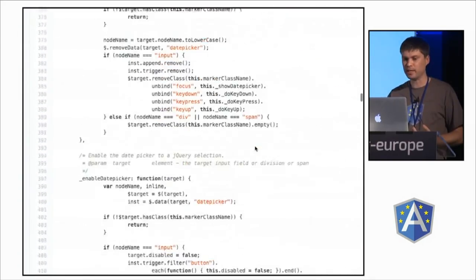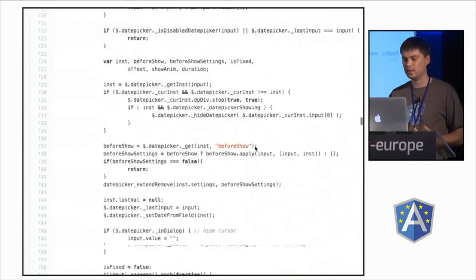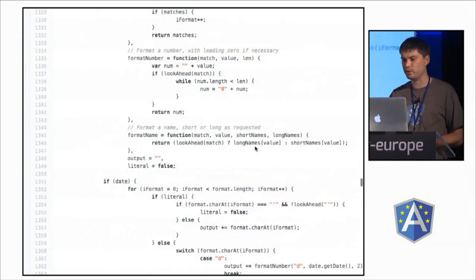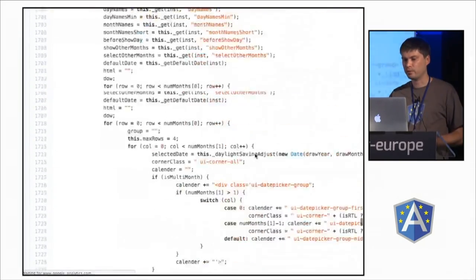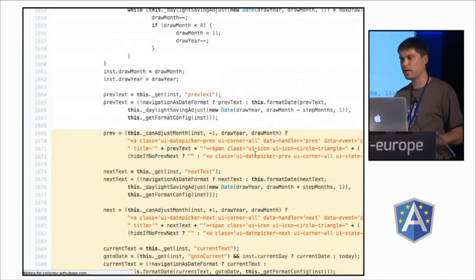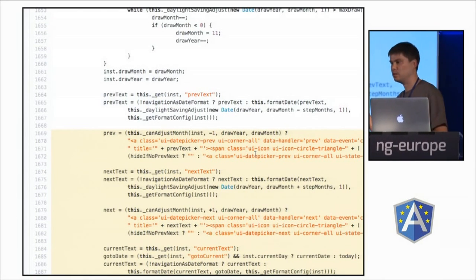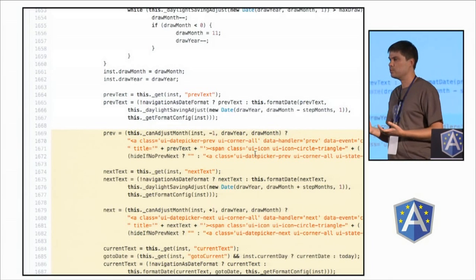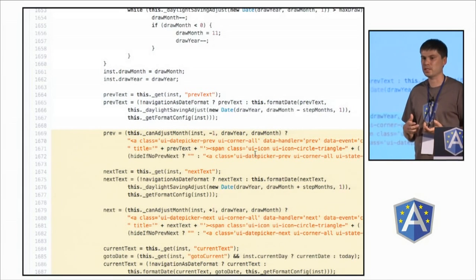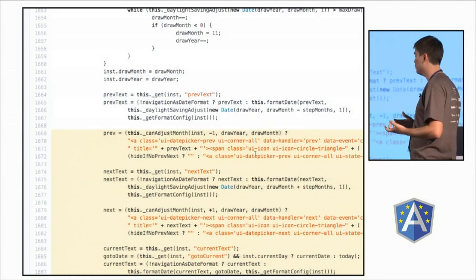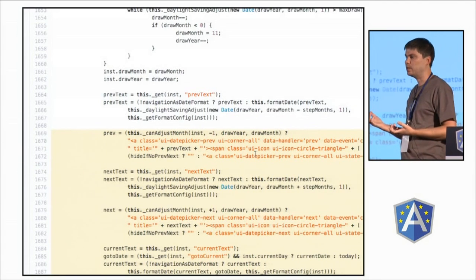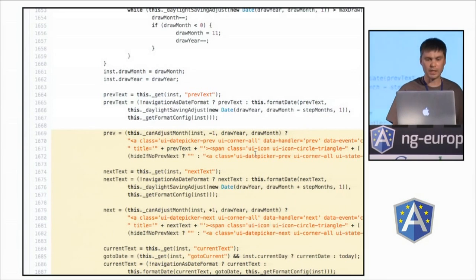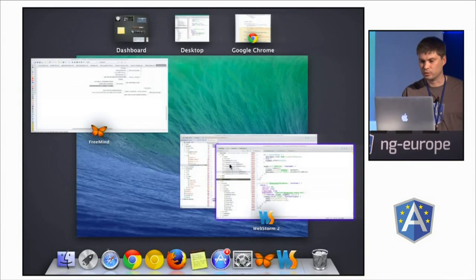If you look at the typical example of a jQuery plugin, this is actually the date picker from jQuery UI, and it's a very good plugin. People were using it for years. But when you scroll over it, you will see those patches of markup all over the place. So if you want to do more customization than just swapping colors with CSS, you are basically out of luck. Your only option is to fork this thing and painfully go through the whole code and change those little things. So if you compare this to the